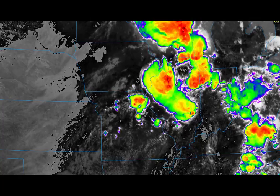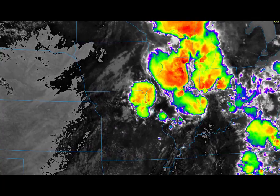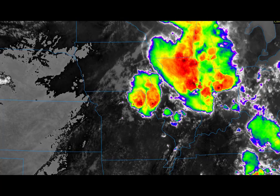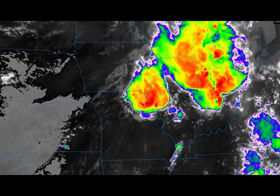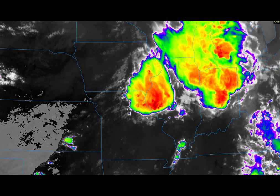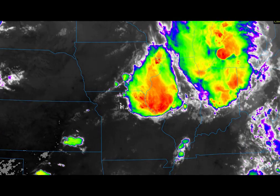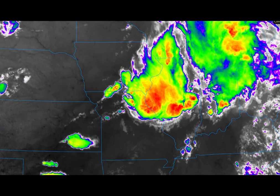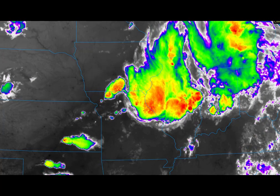You're looking at cloud top temperatures, those big red areas. Those are cumulonimbus clouds, very cold cloud tops. And watch as we move through the evening north of St. Louis as one of these complexes has formed. It produced some damaging winds near St. Louis a few hours ago. You can see it moving slowly southward and southeast, more into the northern parts of our area here